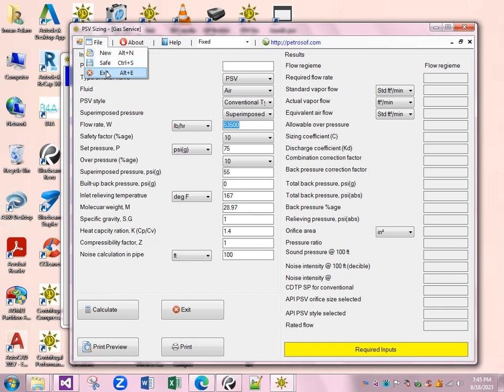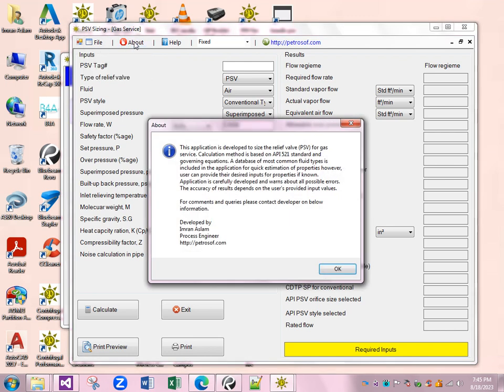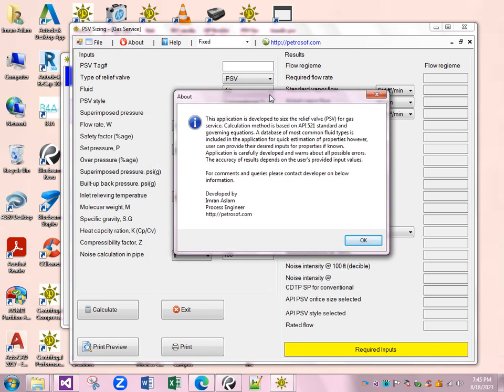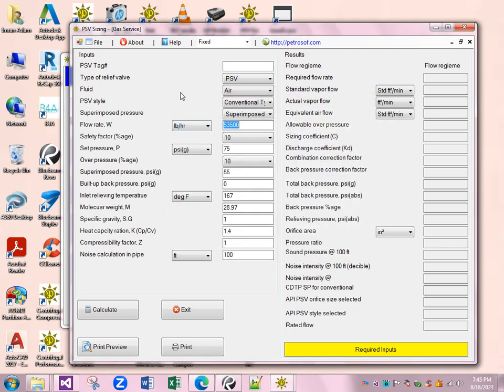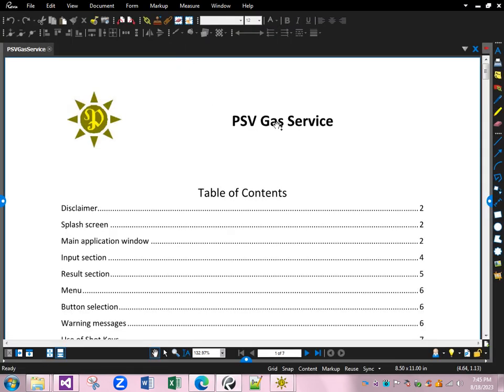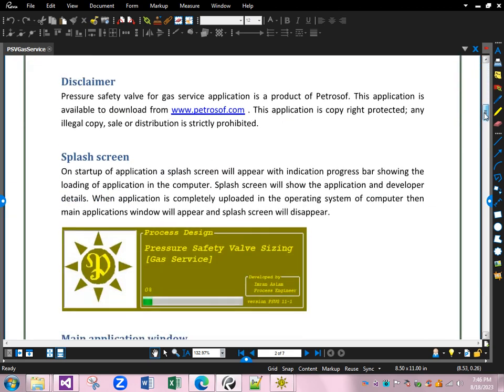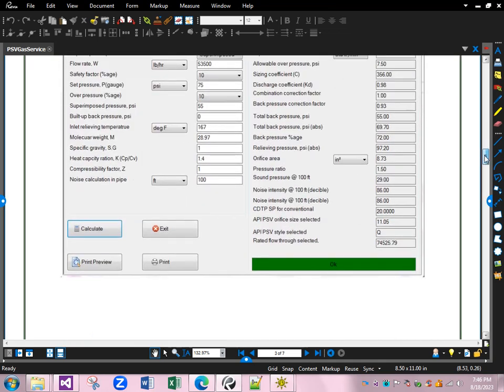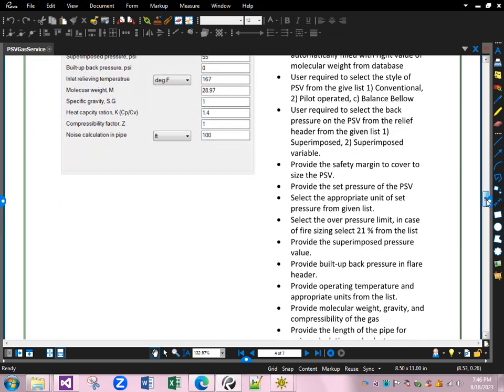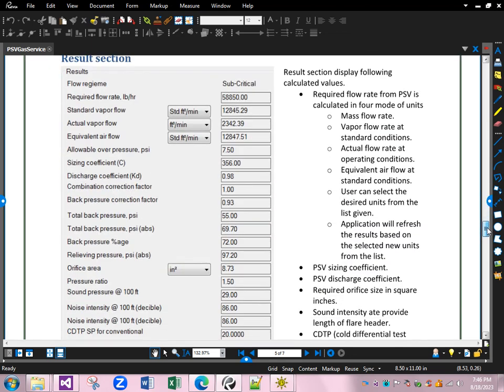Also, the about application. By pressing the about application, you can see brief information about the developer and the application. Also, when you press the help menu, the application manual will be launched. It is in PDF format. In the application manual, the details of how to use this application with the graphical interface and pictures, and further detail of each step, is provided, which the user can read in detail along with the application. Now, going back to the main application window,